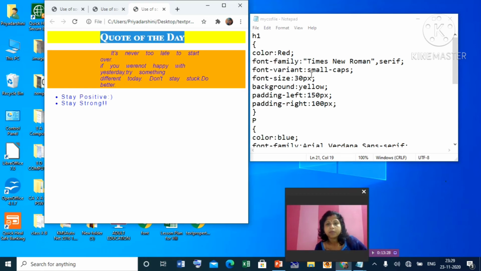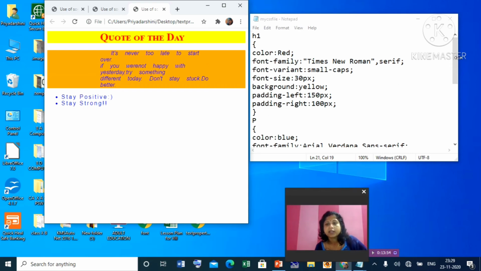Font variant, small caps. Small caps means all the letters will be capital. Then font size given, and then background color, see, yellow color given, and padding left, so space between the text and the margin, meaning boundary, that is your padding. So left padding is there and right padding is there.